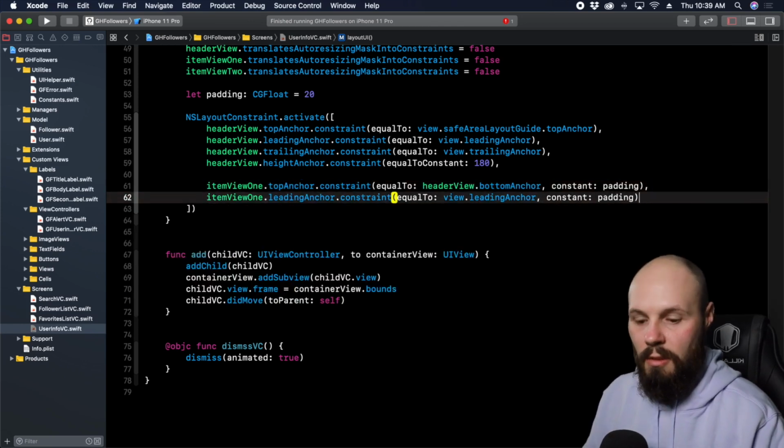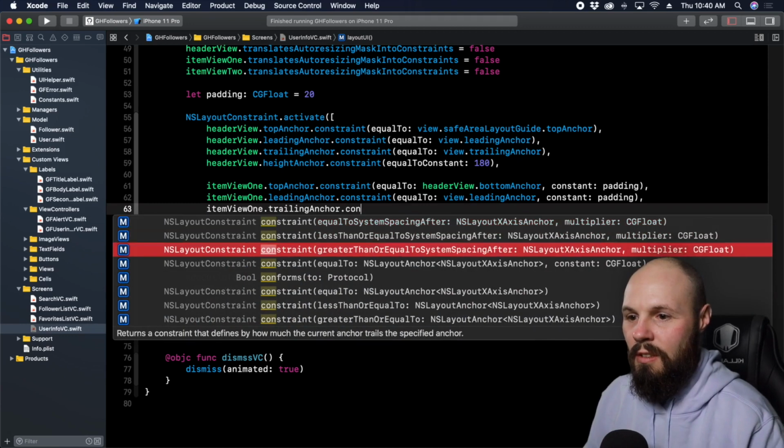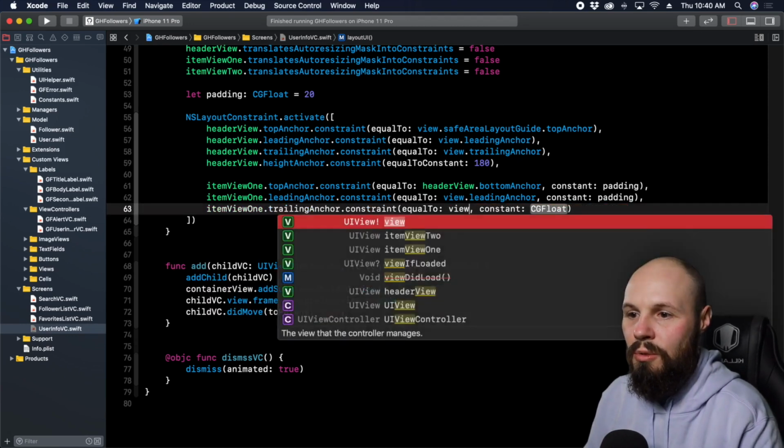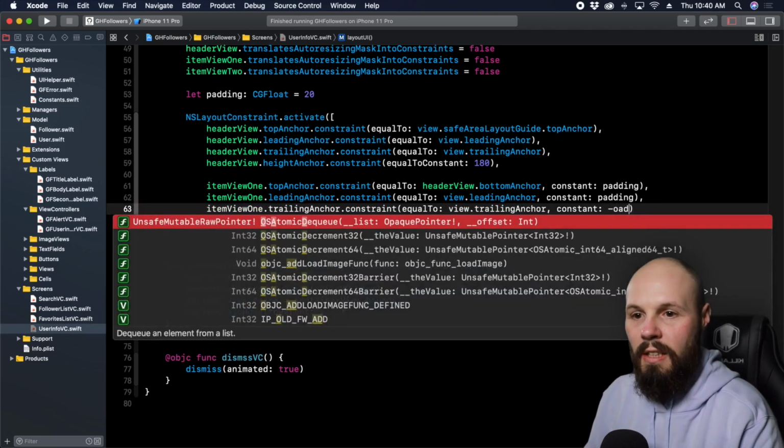Man, these commas are killing me. itemView1.trailingAnchor.constraint equal to view.trailingAnchor, and then again negative padding,